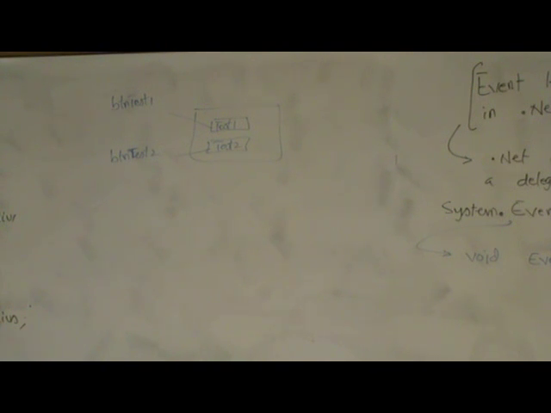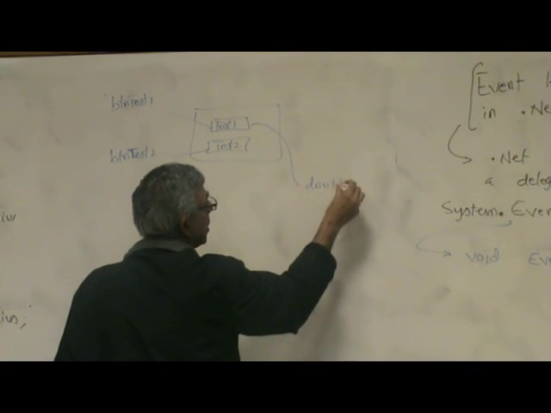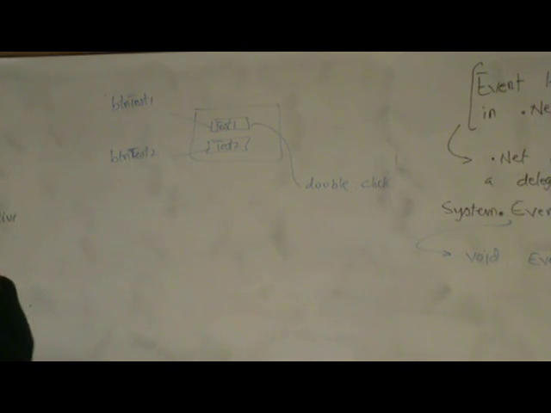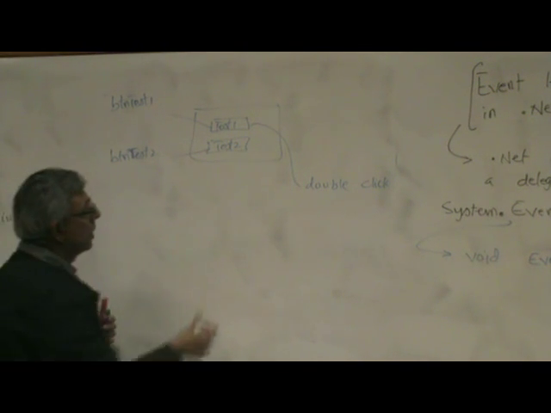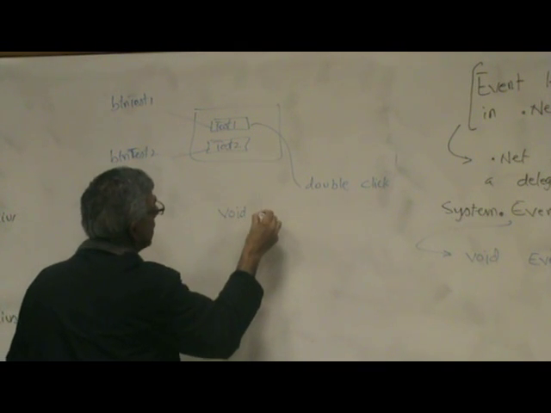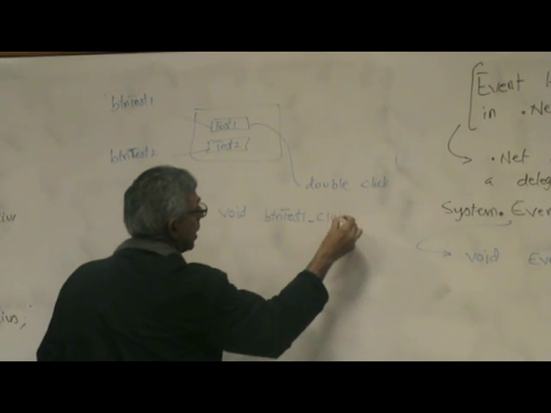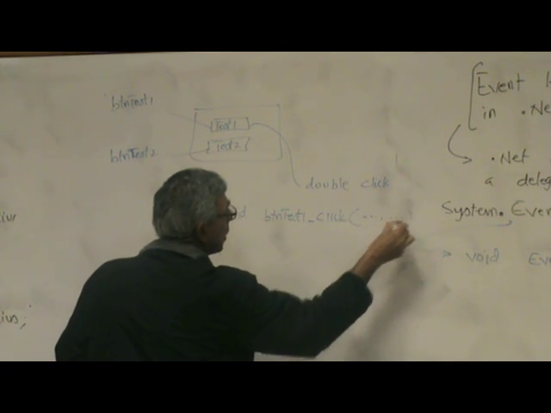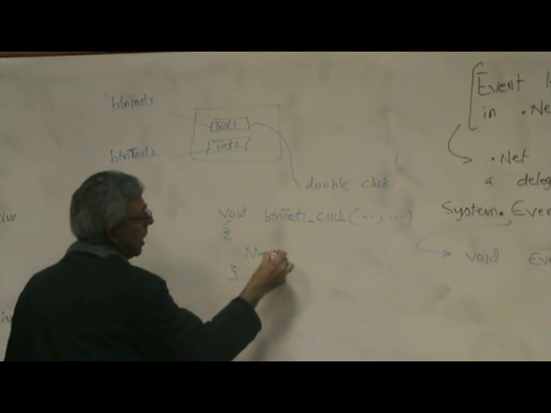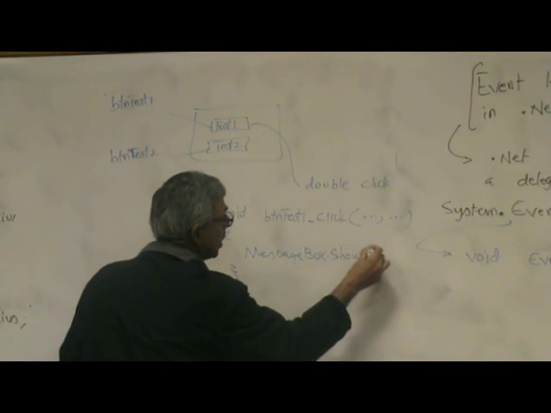You double click on it. Okay, once you double click on it, it takes you to the code area of the form, correct? And if you examine it, I'll go to the computer in a minute and show it to you. Once you examine it, what will it look like? It will look something like this: BTN test 1 underscore click. It will have a couple of parameters over here, right? And for example, you can write message box.show and whatever, hello, as an